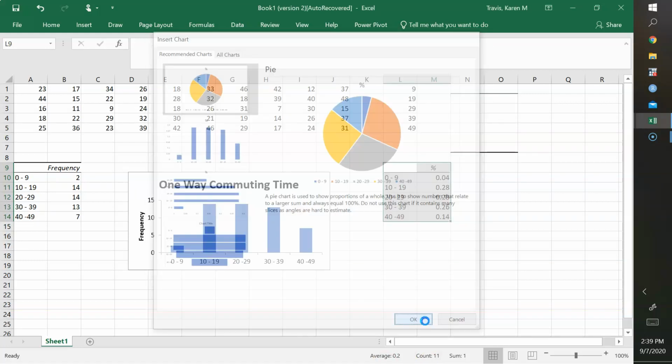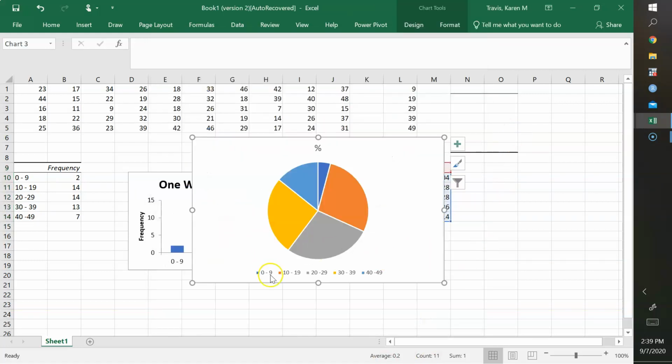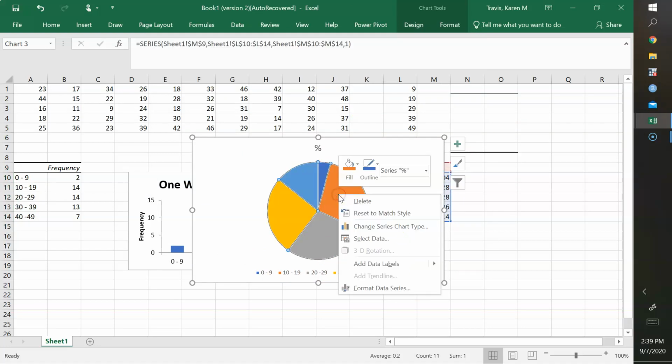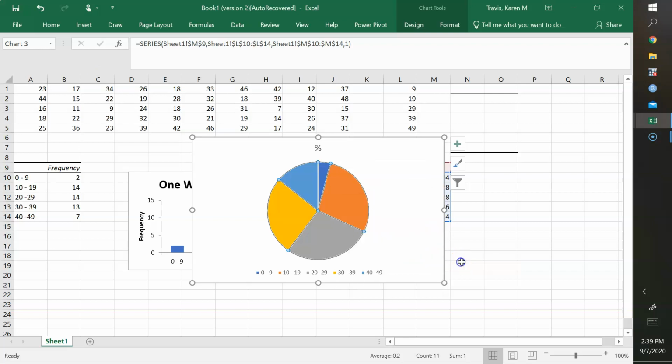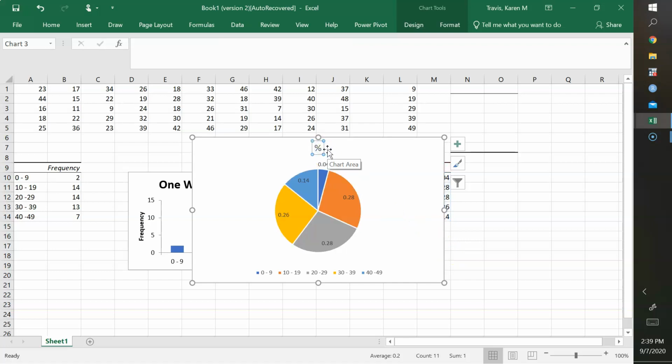Let's say OK on a pie chart, and it gives me how much each of these are, but I might want to add some things. So I'm going to right click on those pie slices and do Add a Data Label, and it put the percentages in, and I'm going to click right there and say percentage